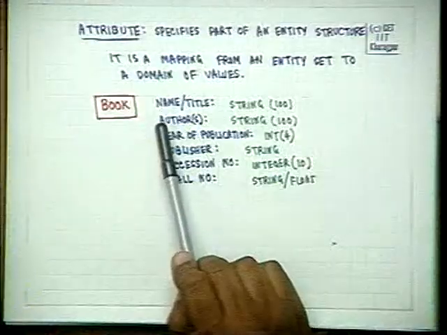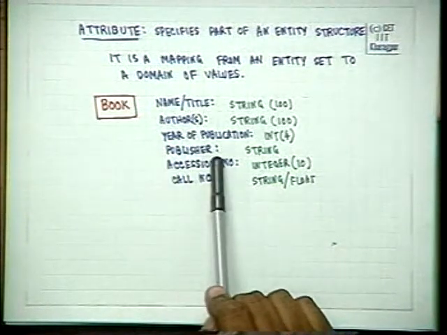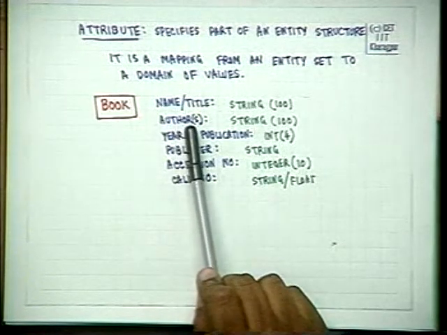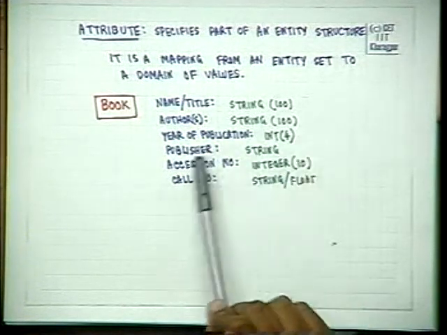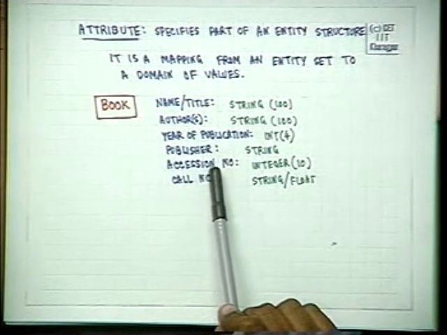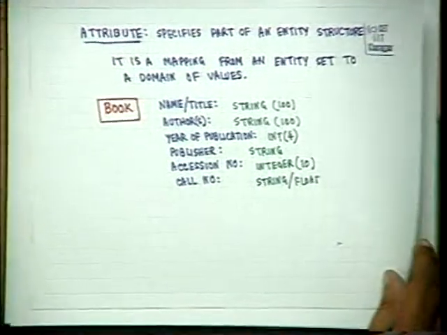We will see all of them may not be entities, in the sense that when the situation becomes more complex, there will be a lot of other issues. For example, if you have more than one author, how will you tackle it? If you have more than one publisher, how will you tackle the situation? You can easily tackle the situation in a simplistic sense by saying all the authors will be a string one after another, and if there are two publishers, it will be a string one after another. But we will see that we can get a much better design at the conceptual level than this. For the time being, let us concentrate on this one.